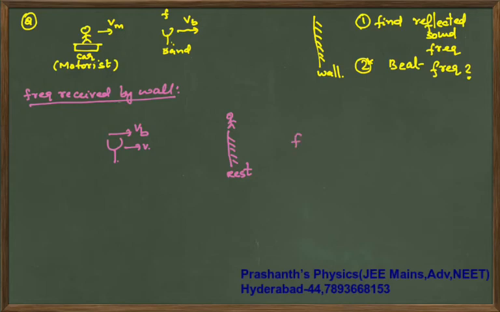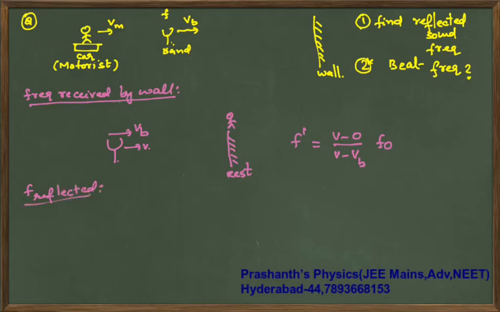The frequency received by the wall, f dash, is the velocity of sound with respect to the observer, v minus 0, by the velocity of sound with respect to the source, v minus vb, because both are in the same direction, times f naught. Okay, next, your f reflected is,